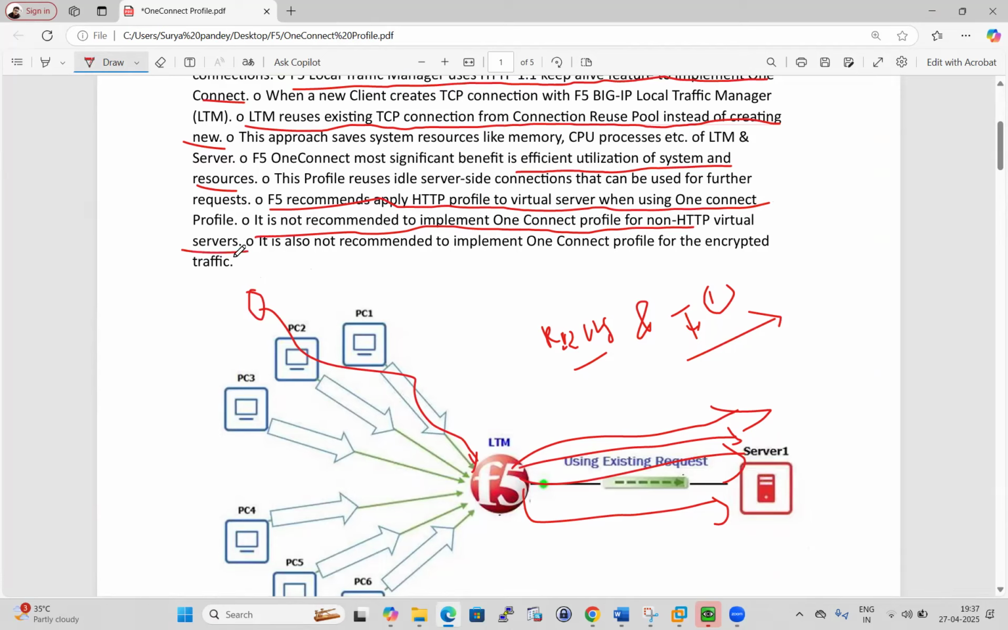It's very important, guys, to understand this point. It is not recommended to implement OneConnect profile for non-HTTP virtual server. The virtual server in which the HTTP profile is called, it is recommended to use it only on that virtual server. It is also not recommended to implement OneConnect profile for the